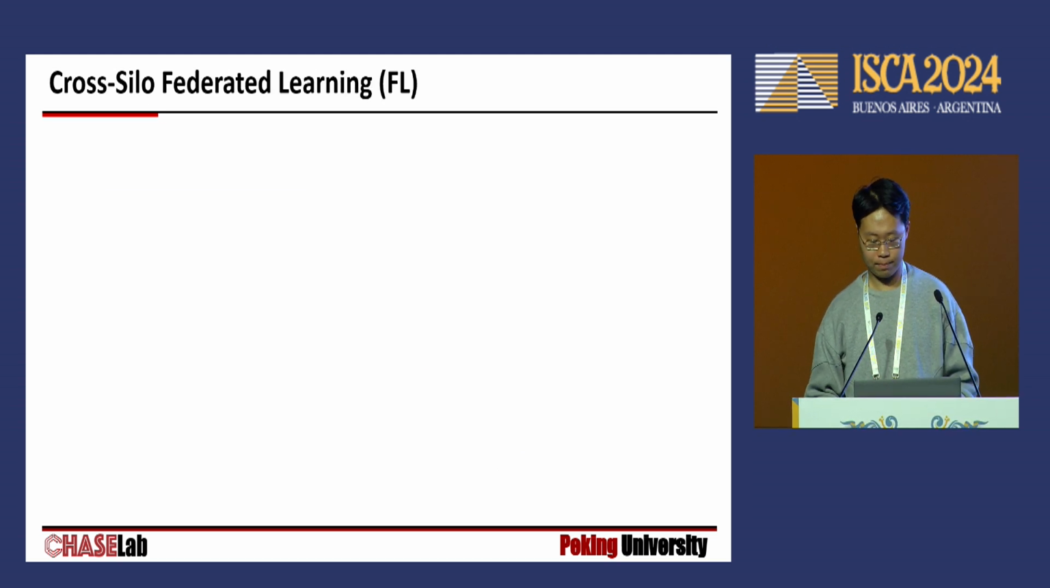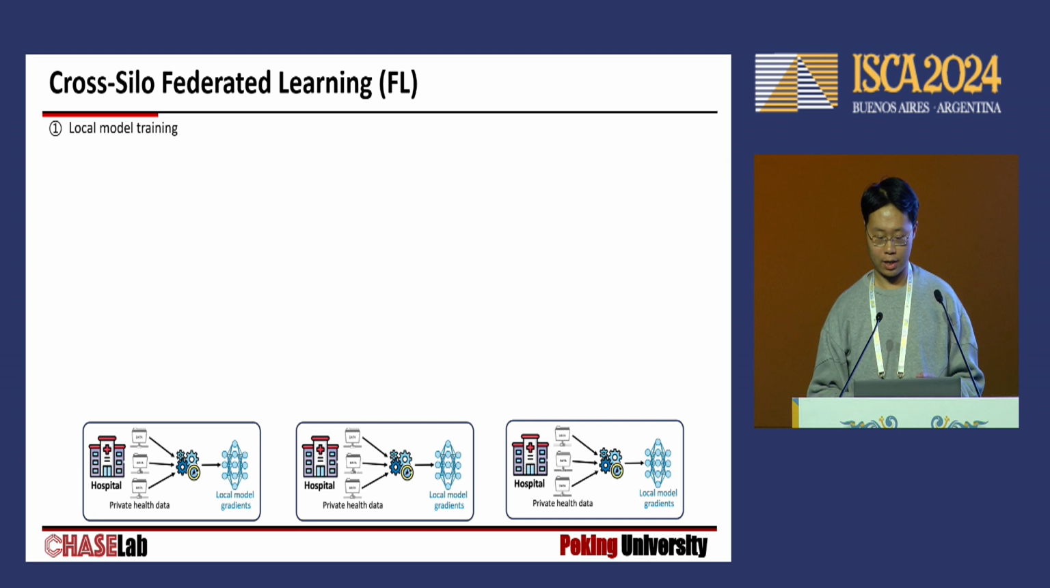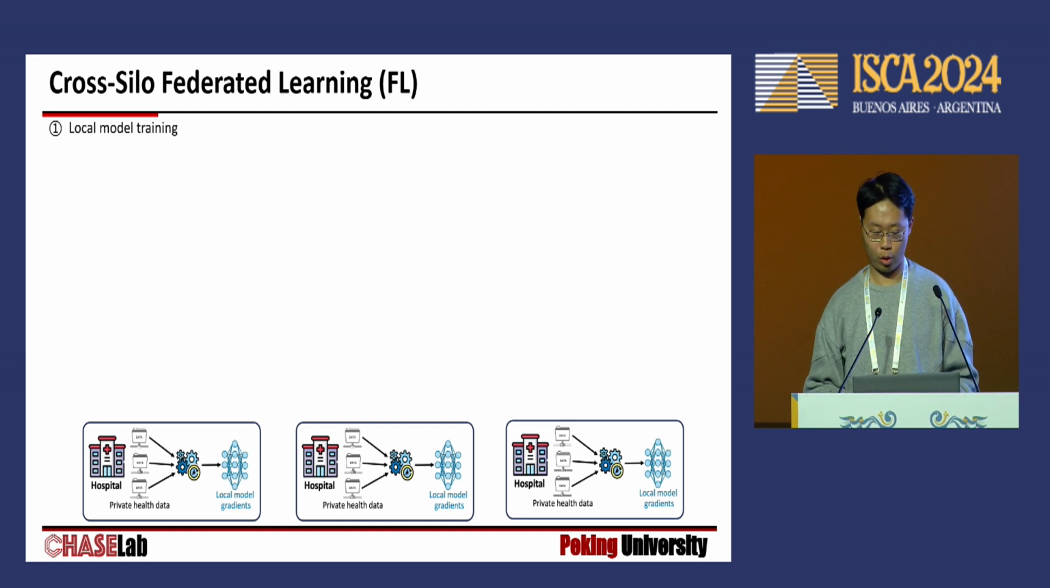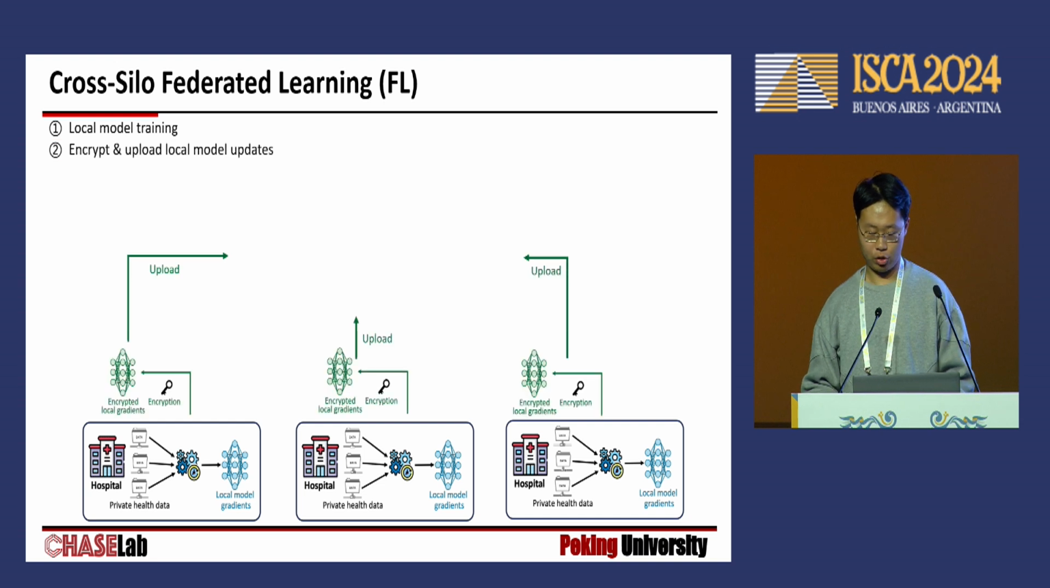So how does federated learning work? To begin with, let's assume that there are several hospitals or clients which cannot share their data with others, but they want to train a model together with all their data. So each of them will train a local model with their own data. After an iteration of training, each client will encrypt the intermediary results, such as model gradients, and upload them to